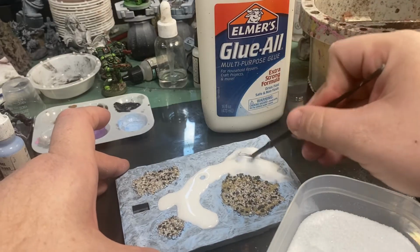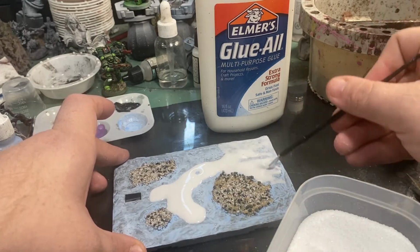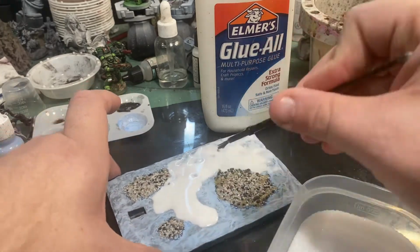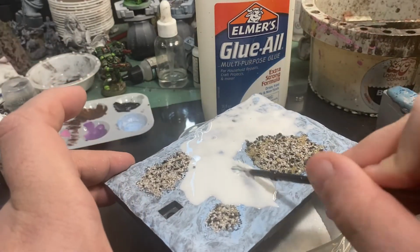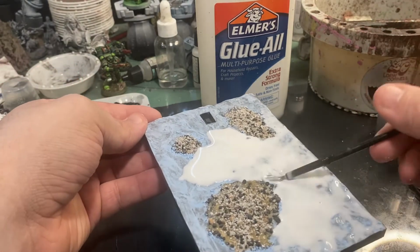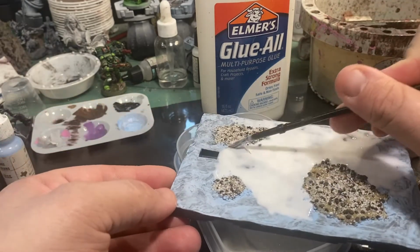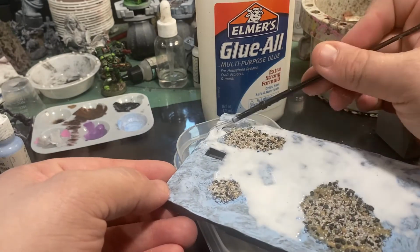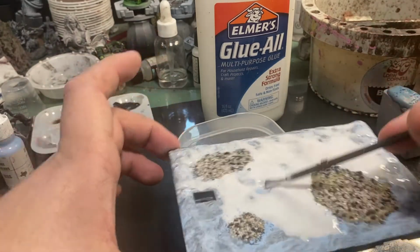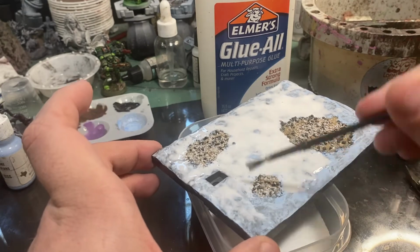So once we're ready to add our snow flock, we're going to put on our glue a little bit thick. The reason I do this is because as we tap the excess snow flock back off into the container, the glue will run and ripple a little bit and give us a more realistic texture on the base. That rippling effect from the glue moving around is going to make it look wind swept. Similar to how you would see in a desert, you're going to get that similar effect on Hoth. If you look at some of the still shots and the concept art, you get that windswept look. So this helps to do that for us by putting on a nice thick layer of this